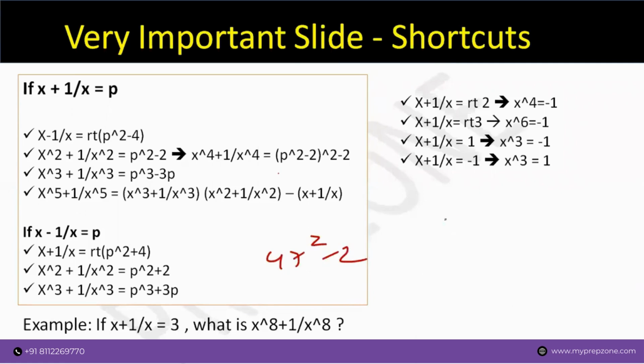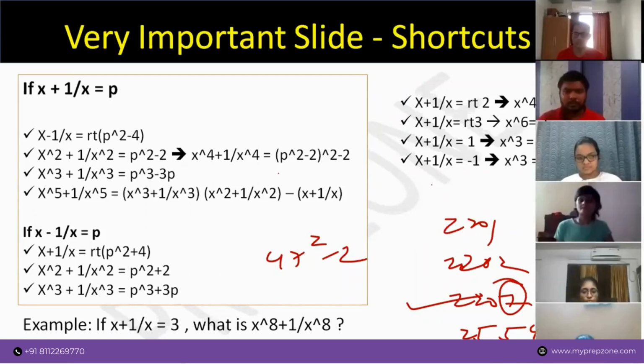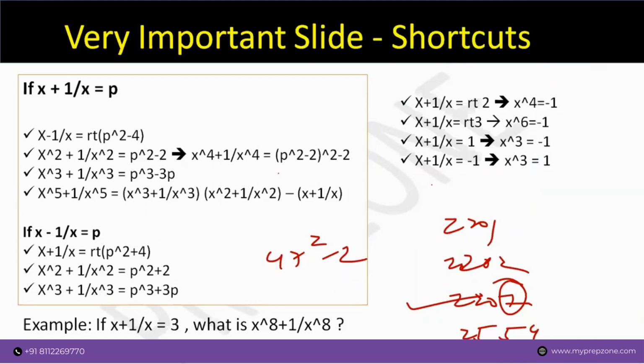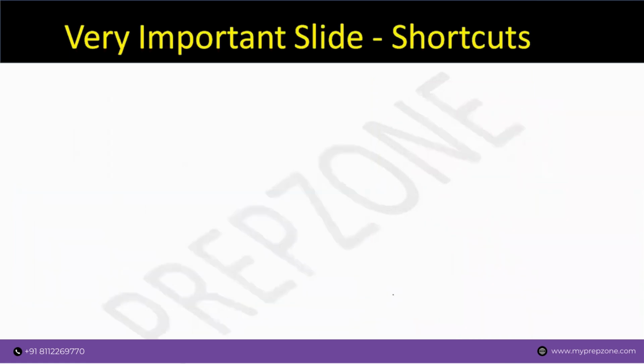No need to solve. If I have options 2201, 2202, 2207 and say 2554, what will I do? 7 square is 49 minus 2, 47. So the unit digit has to be 7. The answer has to be C. Usually in an exam like CAT, if this comes, you'll have only one option whose unit digit will be 7, and that is how you can just mark the answer without even solving 47 square. Okay? Now I want everyone to be as fast as possible. I want answers within a few seconds. Okay? So we are